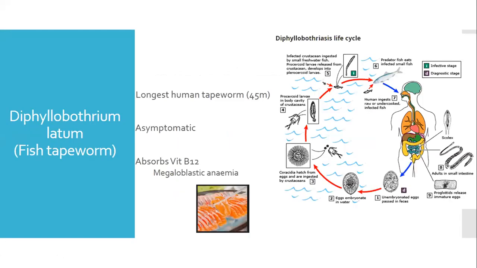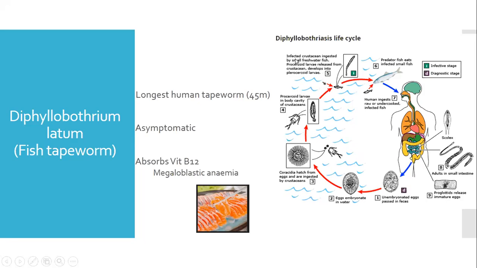So the next worm, I'll just call it the fish tapeworm so that I don't bite my tongue, Diphyllobothrium latum. Okay. So this is the fish tapeworm. If you look at its life cycle, it would begin with the human that is infected, passing their eggs in feces. If these eggs then land up in water, they would embryonate in the water, and then these coccidia that would hatch would be ingested by something like a crab. They would develop further in the crab, and then the fish that eat crabs would eat the infected crab,